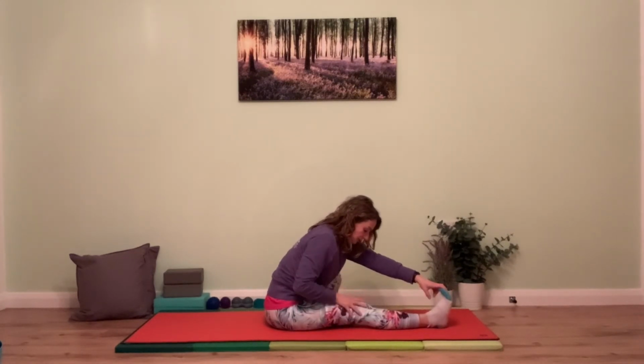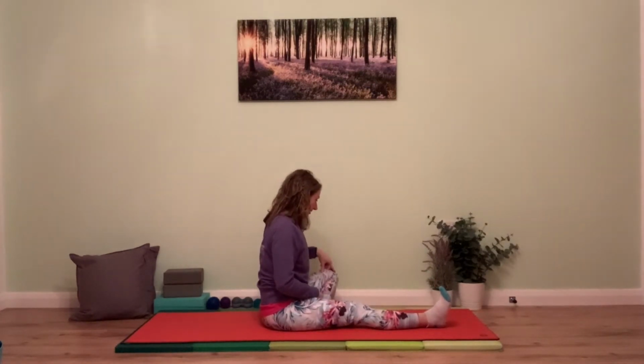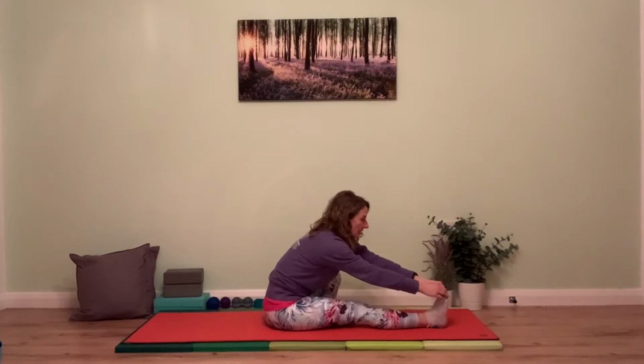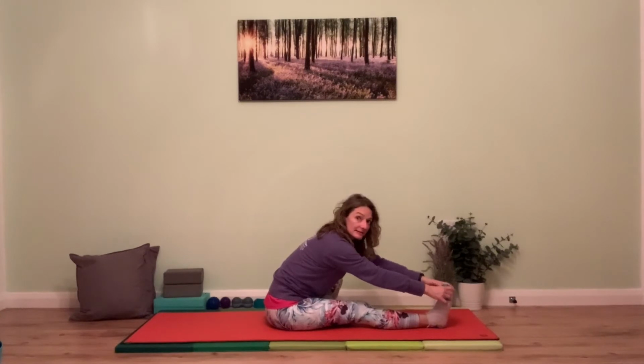So again, the straight leg is contracting to push down into the floor, and the other leg, the knee is pressing down, is an option for that second contraction to use more. So again, when you're ready then, we're going to contract, pressing down, contracting, almost lengthening the spine, and then as you relax, can you deepen the position? And again, contract and relax and contract and relax